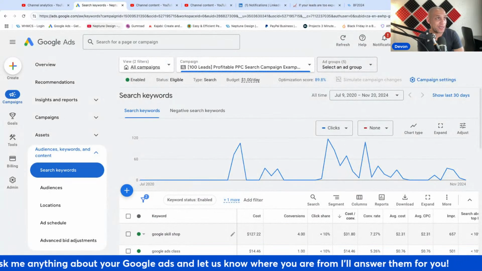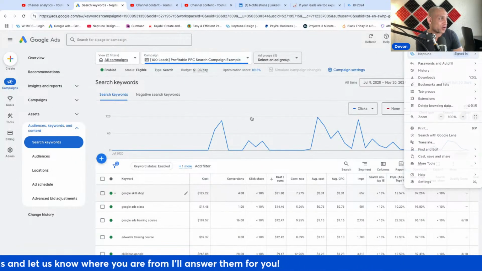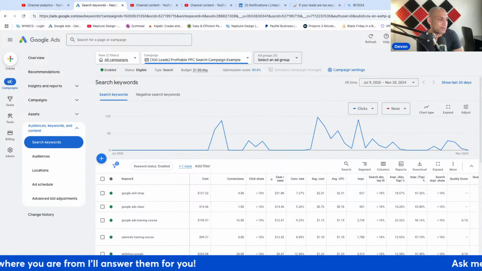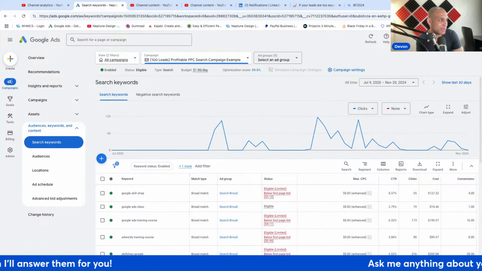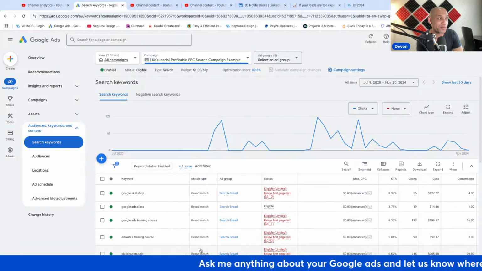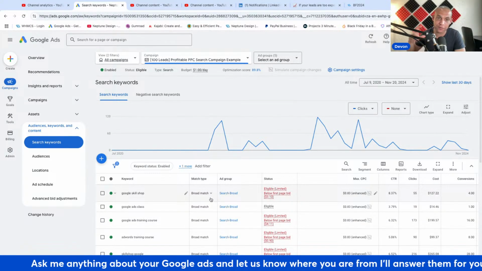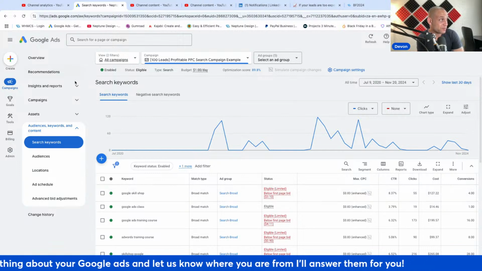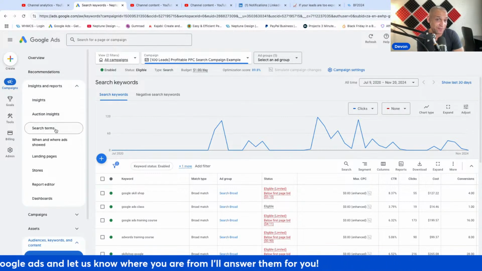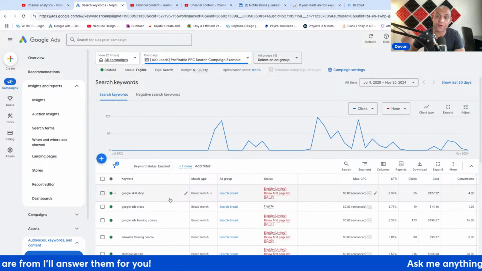If I go back to my Google Ads campaign over here, I'm just going to zoom out so that we can be at normal size. You'll notice next to every single keyword, it's showing me a match type. And you'll notice that all of these keywords are on broad match. Now, if you find that you keep on showing up for the wrong search terms in the search terms report, as we covered earlier, and you keep on finding that your ads are just not showing to the right people, then what I want you to do,